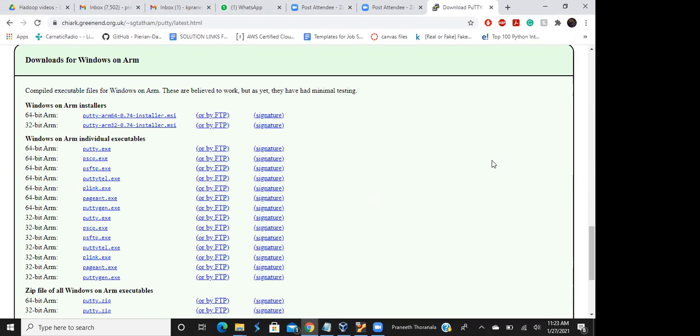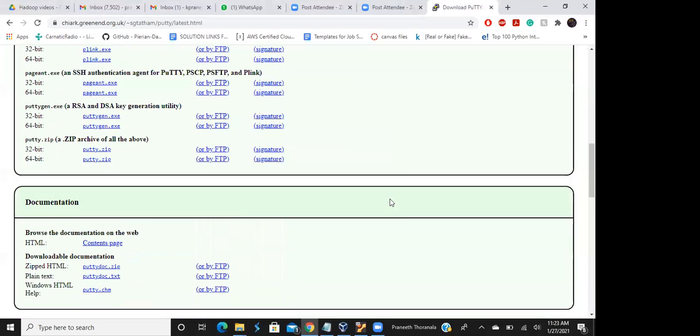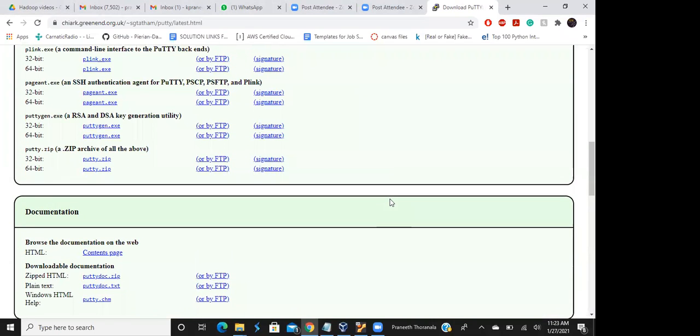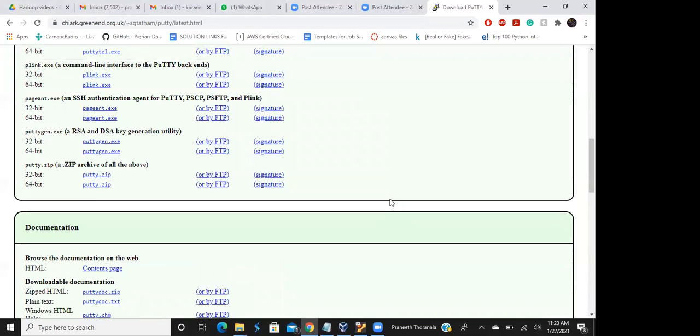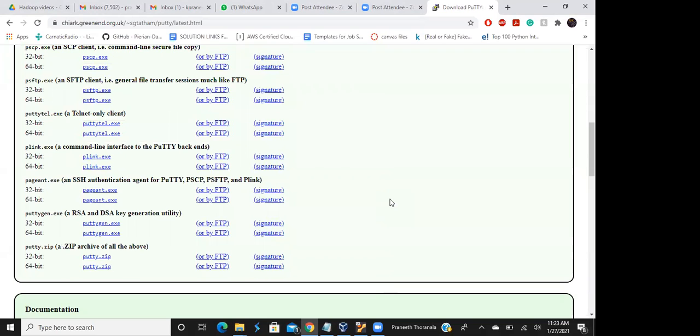Yes, this is only 64-bit and 32-bit. Scroll down. Is there something else? Or go up. We are in ARM only. Maybe download this one, putty as zip. Yeah. 32-bit, 64-bit. Maybe we are using a different one. Maybe we downloaded the wrong one.